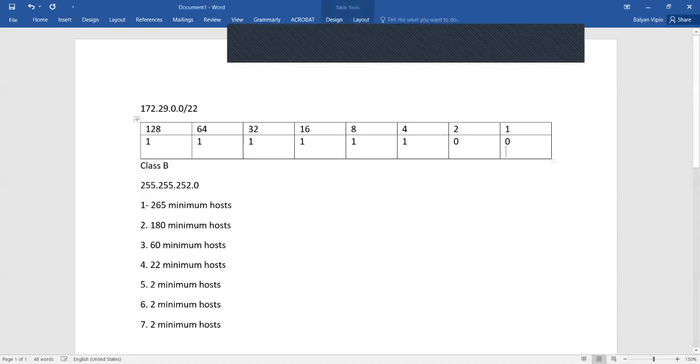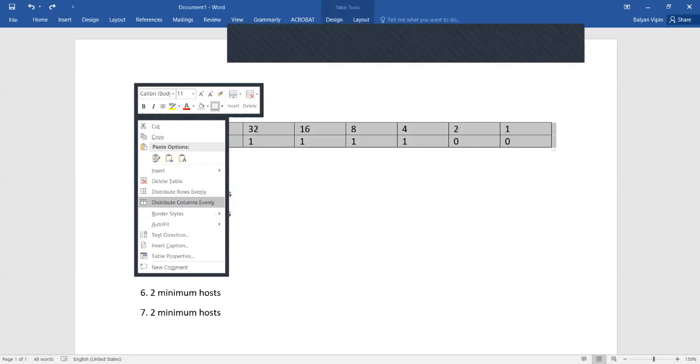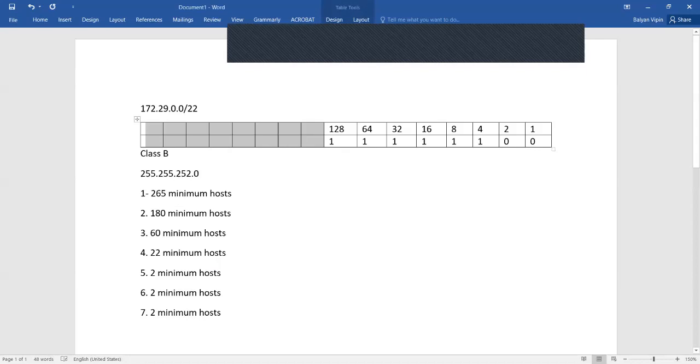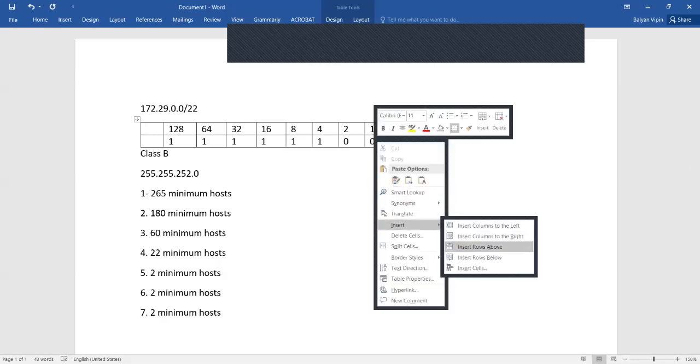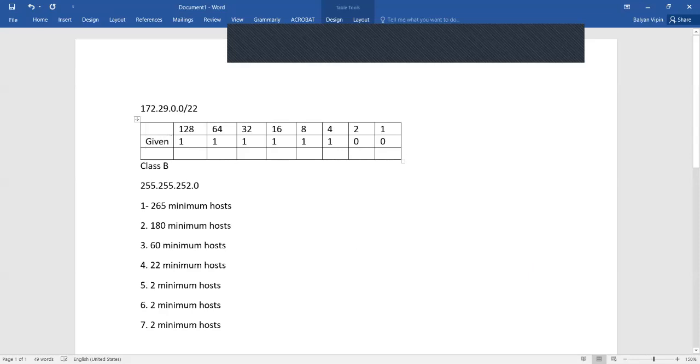Now, if I insert another table and add a column to the left, and I remove this, and then I add a column for each of these, then I will be able to explain it more clearly. So let's say this is for the given subnetting, and this is for the first one.